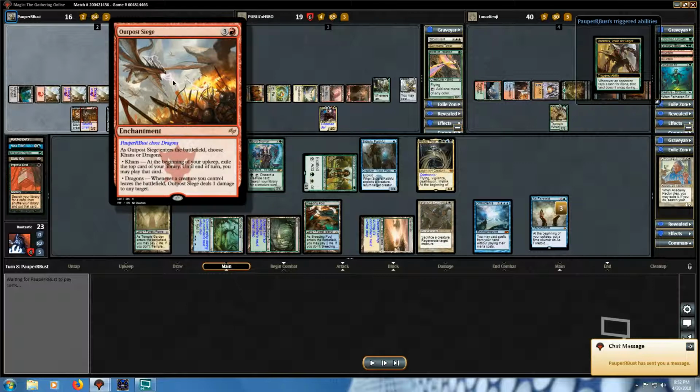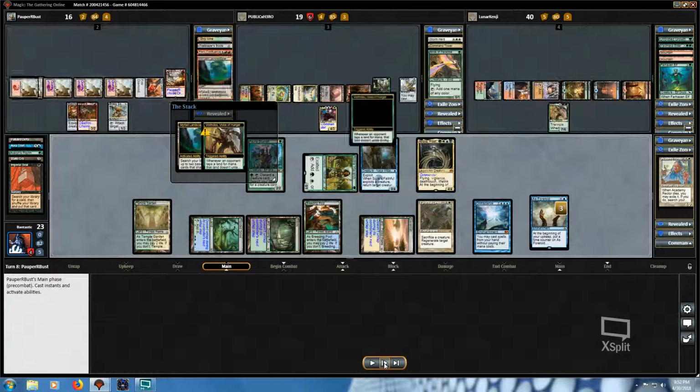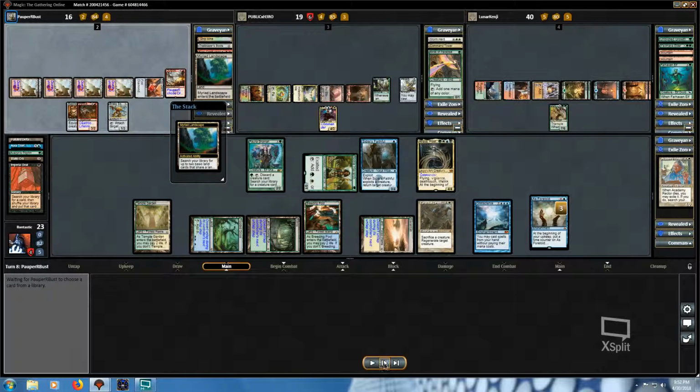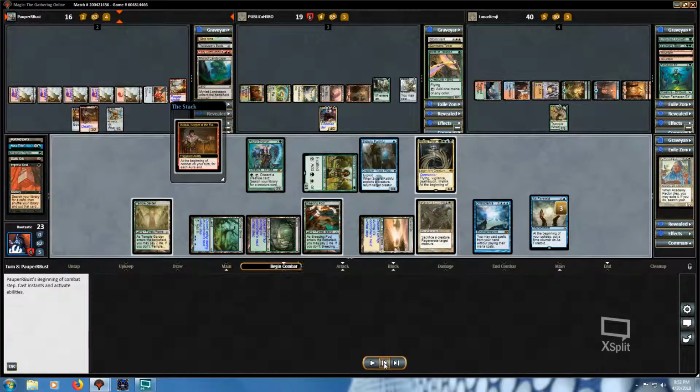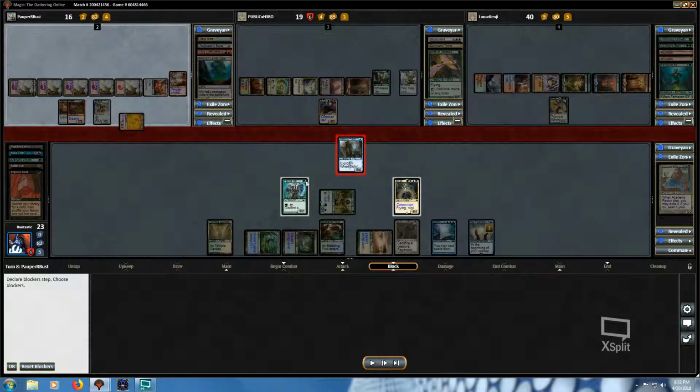Normally, people will name cons with this because it's a form of card advantage, but he wants to start whittling down my board. So he chooses dragons, and he creates tokens that leave the battlefield. So the goal is to create tokens and then shoot down my creatures, I think. So he makes one, and he attacks with just the token. And here,